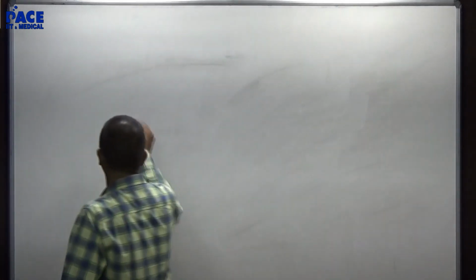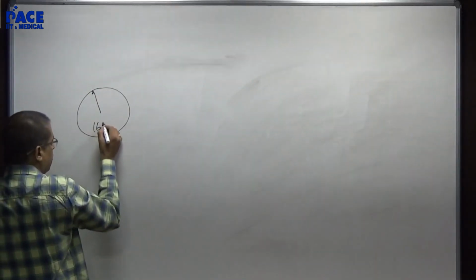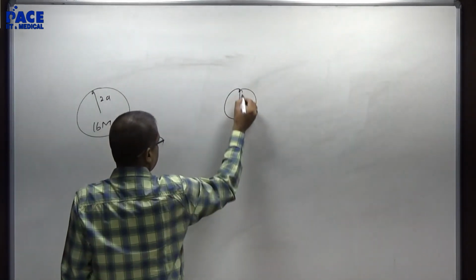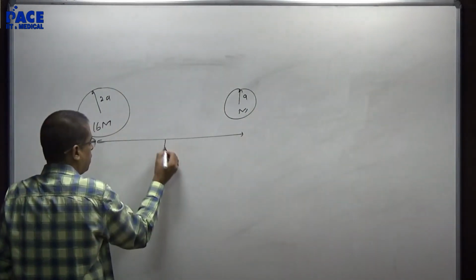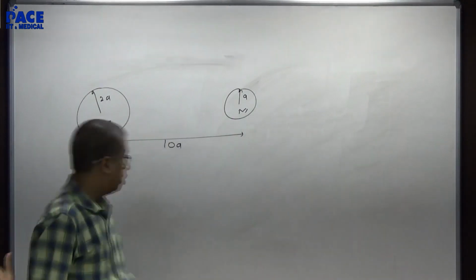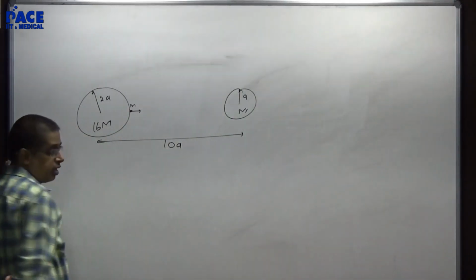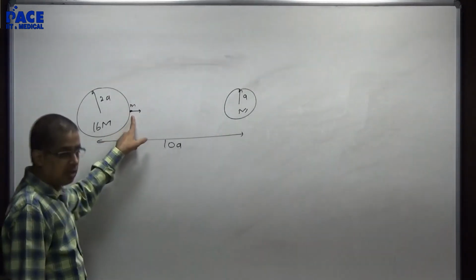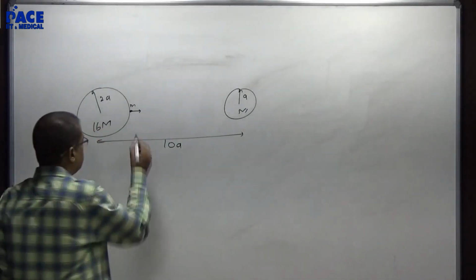So last time we were given a question. There is a mass 16m with radius 2a, and a mass M with radius D. The distance between the centers is 10a. On 16m you have a small mass m, which should be projected with a velocity u. They are asking what is the minimum velocity I should project this with so that it reaches this particular star. Now remember,